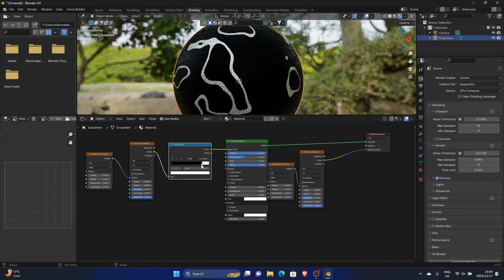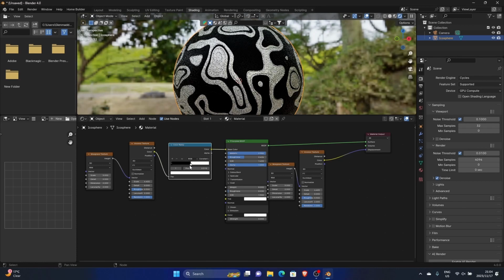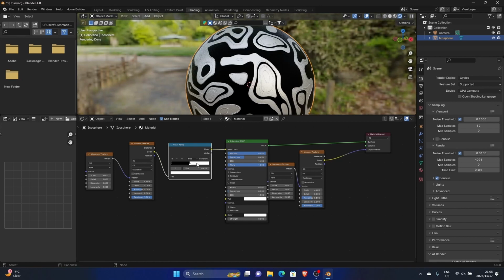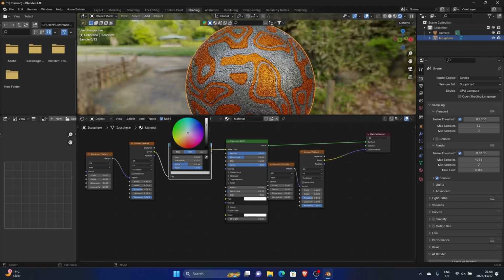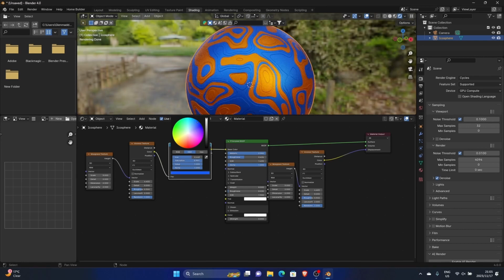And then what you do is you can see if I bring this way, it changes this. And now what you can do is change the color. So click on this white, click here, let's go with like an orange, click on the black, same thing, then bring this up, boom, find like a blue,